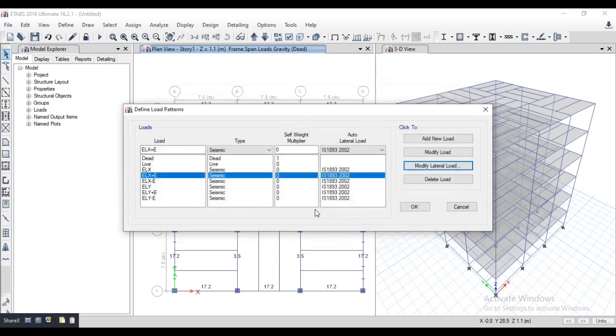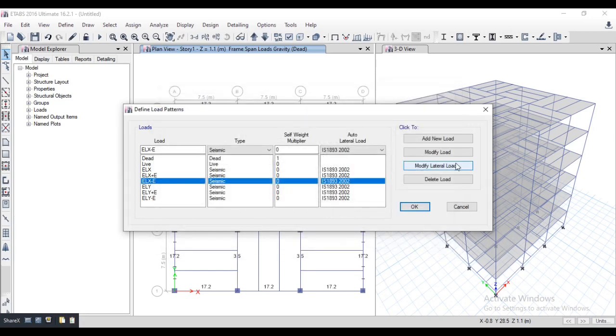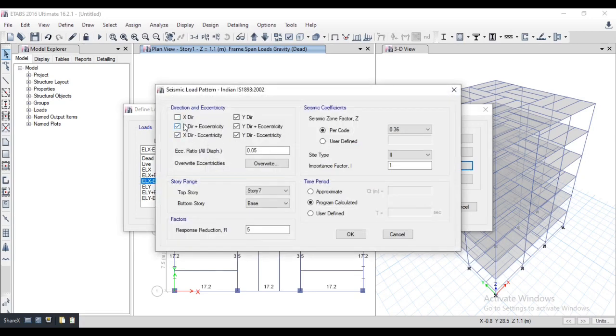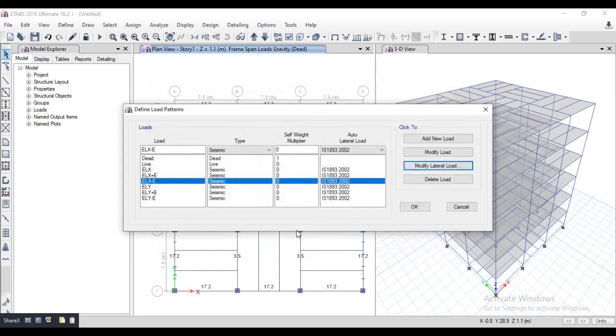Okay. Again same. Tick only in minus direction. 0.16, 1.5. User define is 0.97 time period. Here select story 1. Okay.